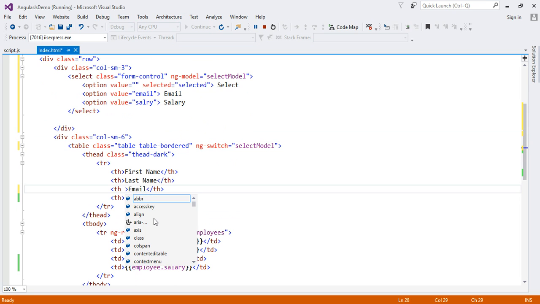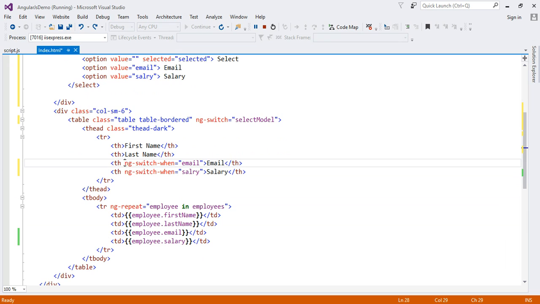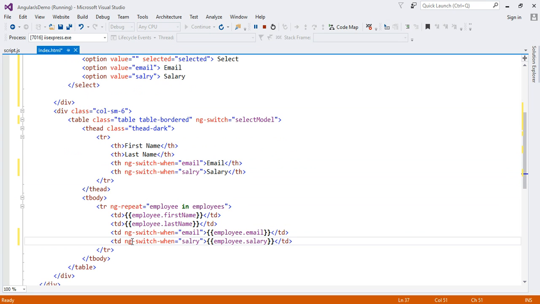Now we need to switch between the table columns. So for that I'm applying the ng-switch-when directive on this th element. For this I need to pass this email option on this th element. In the same way we need to apply the ng-switch-when directive on salary. For this I am going to add this salary option on this th element. Now let me copy this switch directive and apply it on this td element. In the same way copy this salary, apply on this td element, save the file, go to browser,